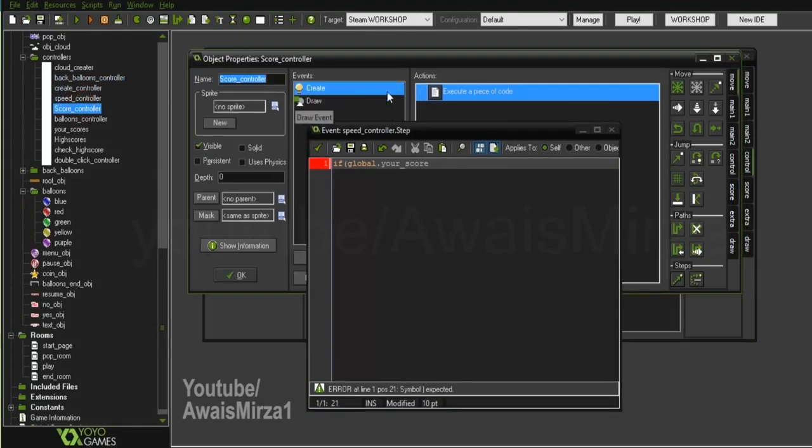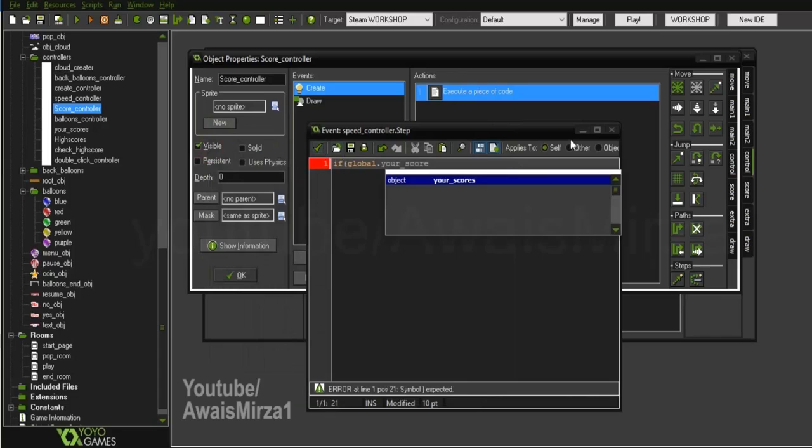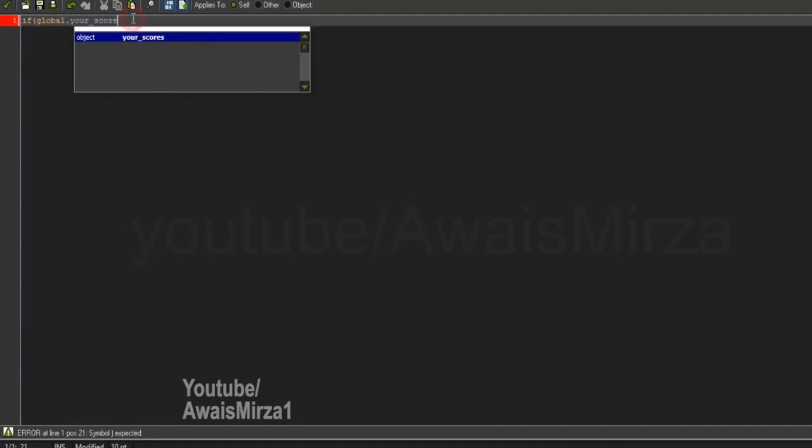Okay, go to score controller, create, and this is your score. Let's open this up. I will check if the score is greater than 30 and global.your_score is less than or equal to 60, then I need to increase the speed, and for that I will write speeds equals 17, global.create equals 16